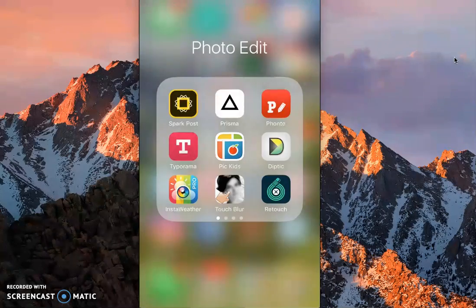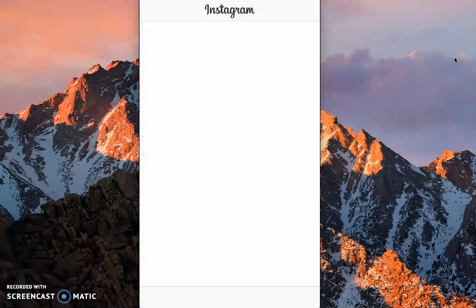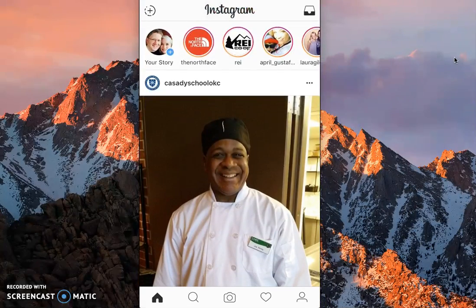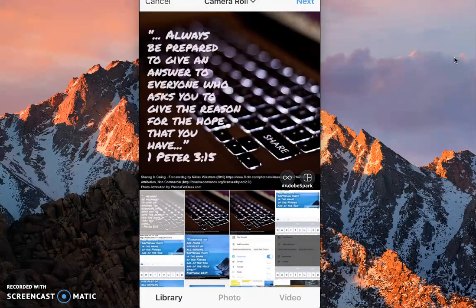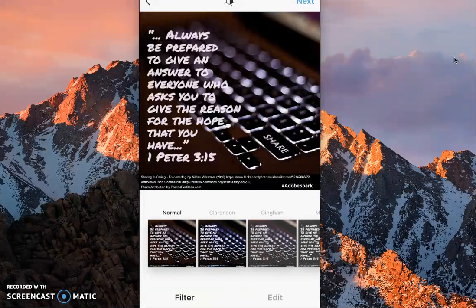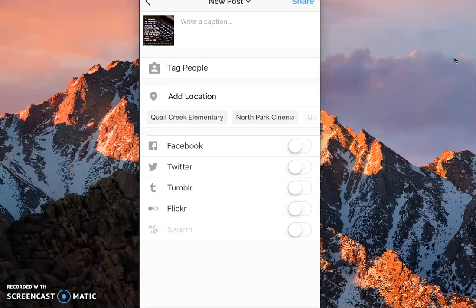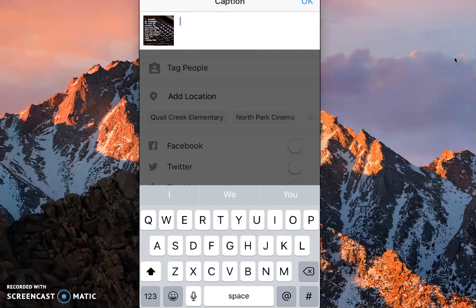So first place I'm going to go to share the picture is Instagram. I've already logged into my account, and I can go ahead and tap right here, and the last image that I saved to my camera roll is right there, and so I can click Next. And I'm not going to apply a filter, so I click Next, and I'm going to be up here at the top. I'm going to type